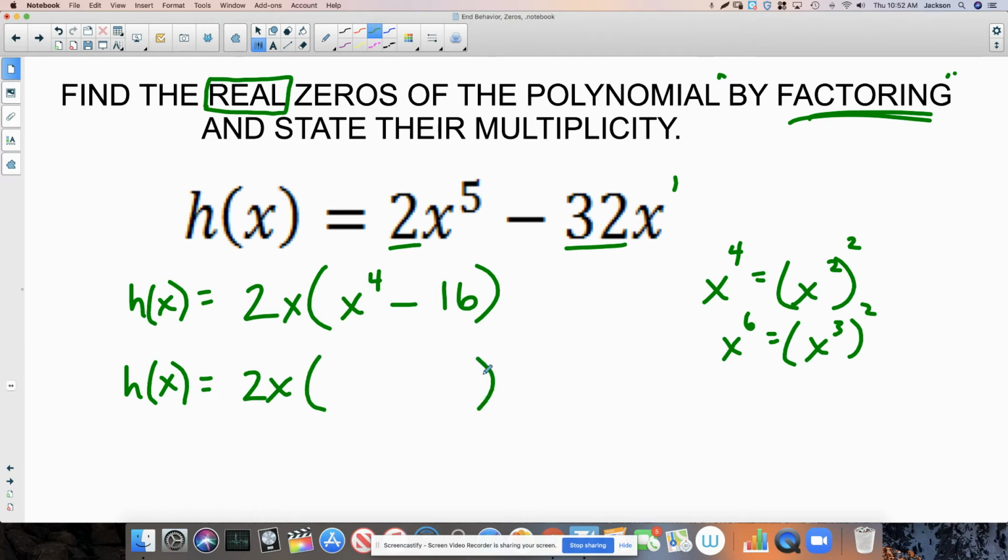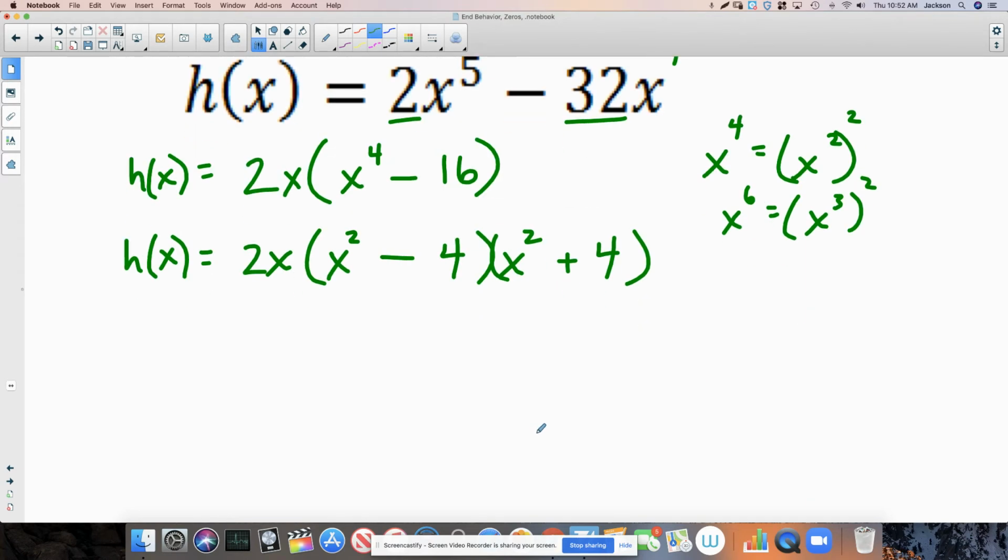So I can factor this perfect difference of squares, take the square root of x to the fourth. That's x squared and x squared. Take the square root of 16, that's 4 and 4. And because they're conjugates, one gets a minus, one gets a plus. Right? And now you're sitting here and you're just saying, yay, I did it. I factored this. Take a closer look. What is this? This is also the difference of squares, right? So when we look at this problem,